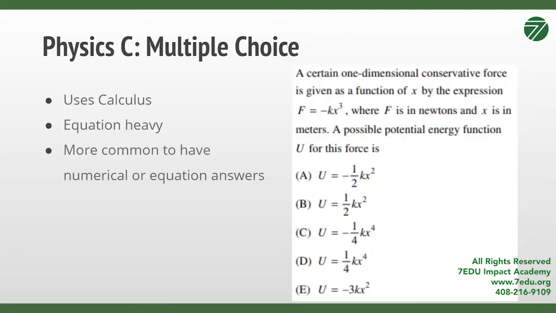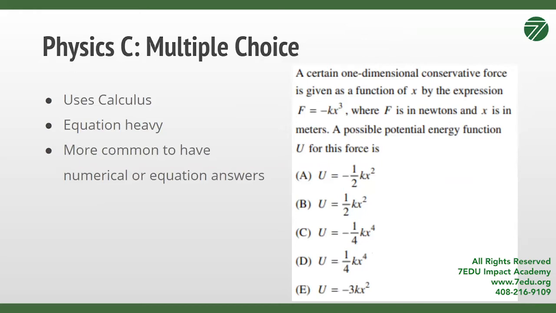For a Physics C multiple choice question, you can see it has a different structure. The answers are in more of an equation form, and there is a lot of crossover on these types of questions between the two types of tests, but this is more indicative of the Physics C type questions. Obviously there's more calculus involved. It's more equation heavy, and then the answers tend to be more numerical,